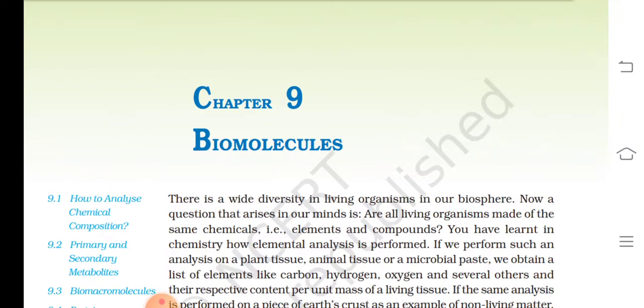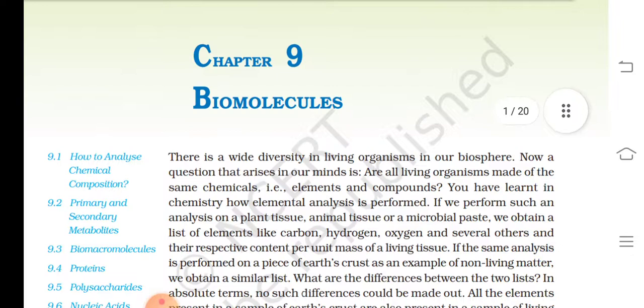Chapter 9 Biomolecules. There is a wide diversity in living organisms in our biosphere. Now, a question that arises in our mind is, are all living organisms made of the same chemical elements and compounds? You have learned in chemistry how elemental analysis is performed. If we perform such an analysis on a plant tissue, animal tissue, or a microbial paste, we obtain a list